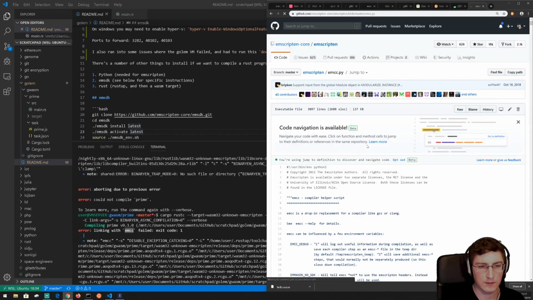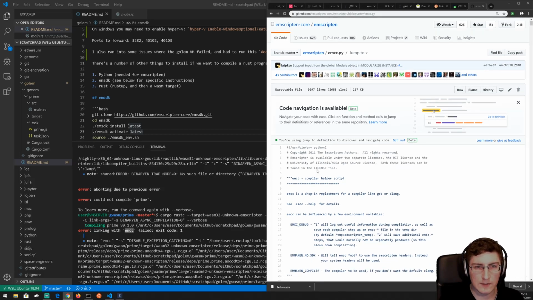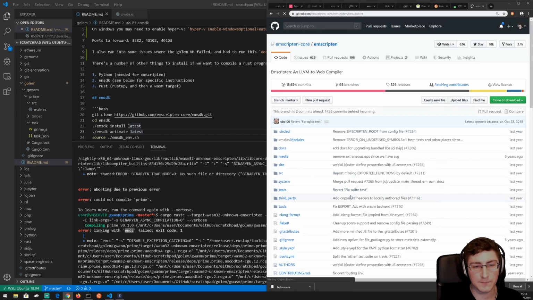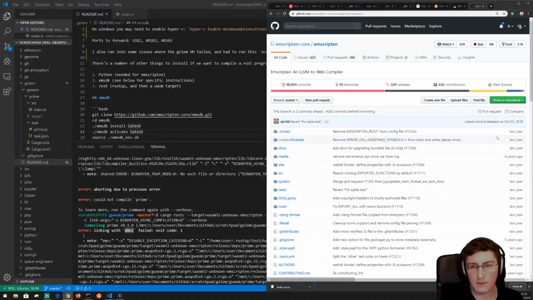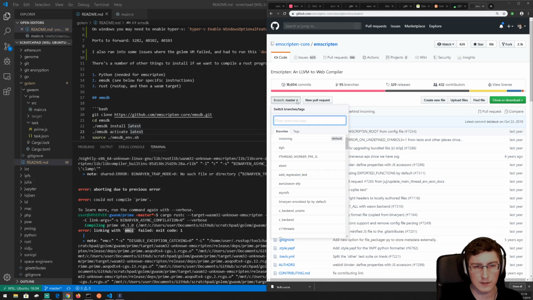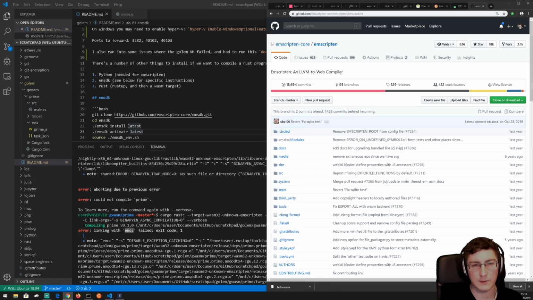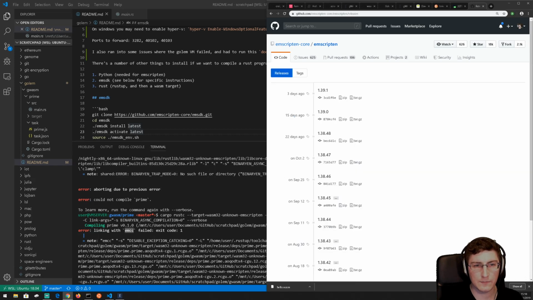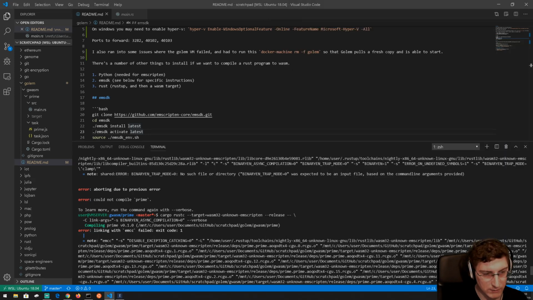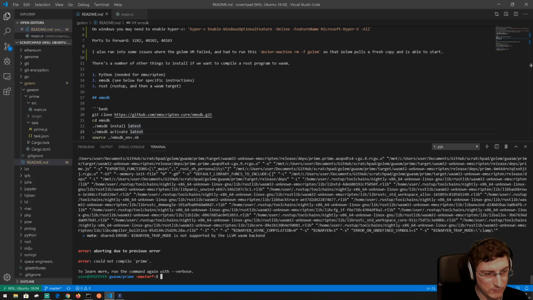Let's have a look over here. GitHub. Emscripten is available under 2 separate licenses. I'm sure it is. Okay, so this looks like the thing we need, but that's last updated in... Hang on, this branch is 2 commits behind, but this is master. The incoming must be their